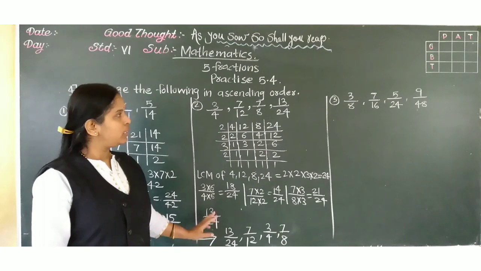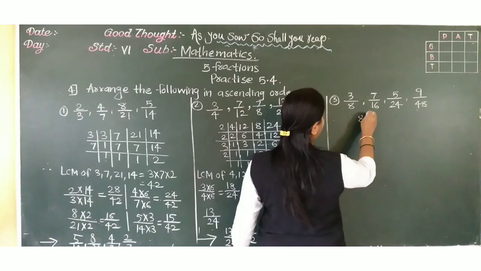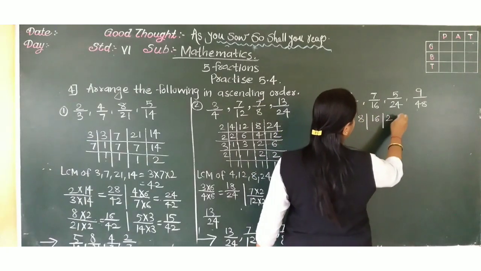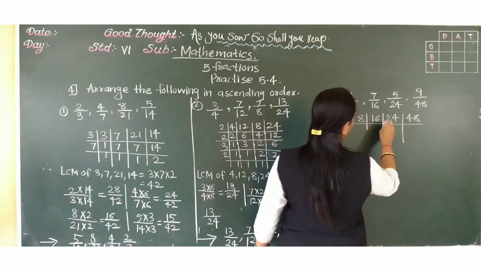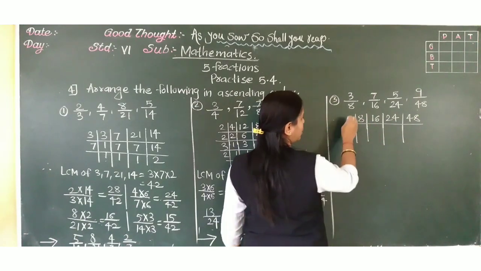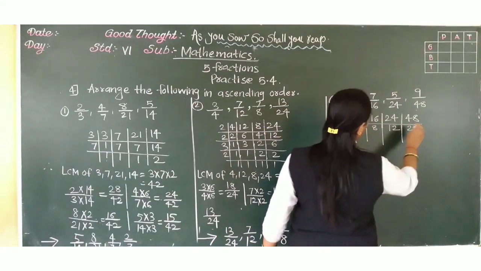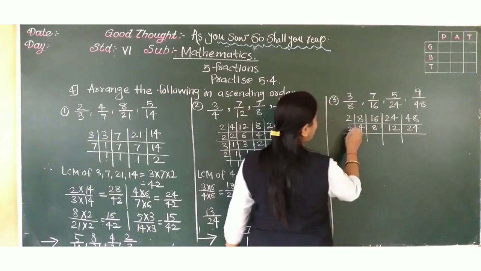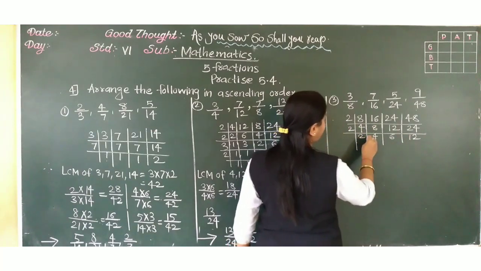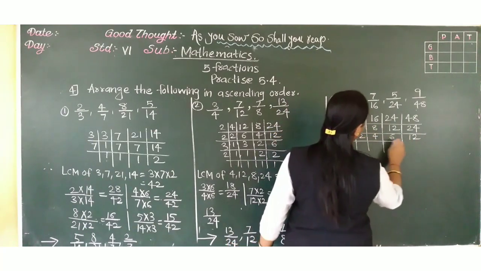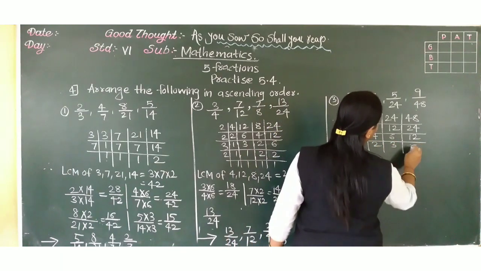Follow how to do it. Now next, here. So take the LCM of all the denominators. Okay. We have to divide it by prime numbers. Now 2 fours are 8, 2 eights are 16, 2 twelves are 24, and 2 twenty-fours are 48. Again divide by 2: 2 twos are 4, 2 fours are 8, 2 sixes are 12, 2 twelves are 24. Again we can divide it by 2: 2 ones are 2, 2 twos are 4, 2 threes are 6, 2 sixes are 12.